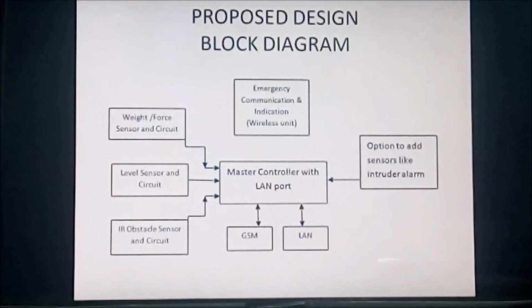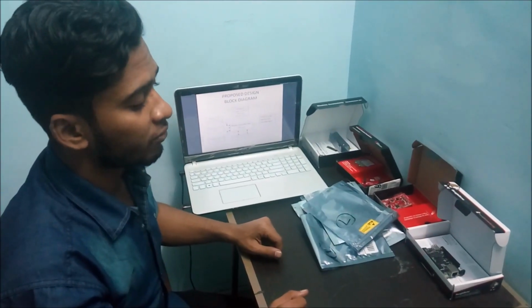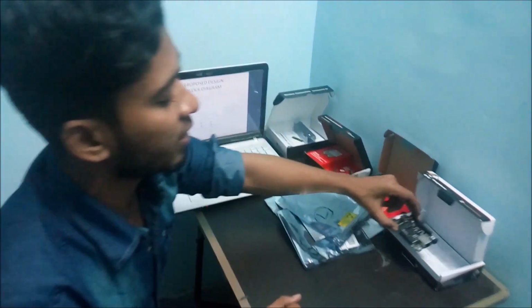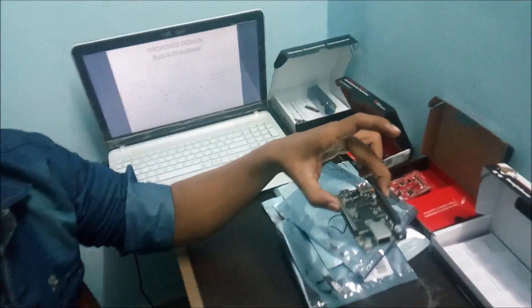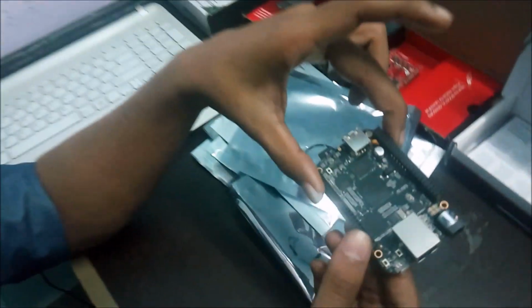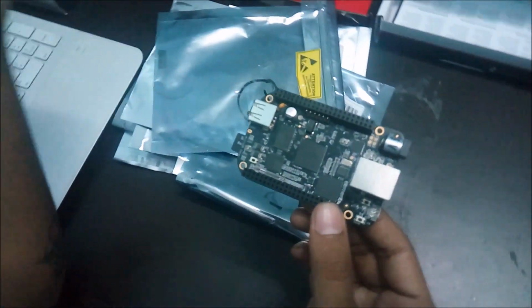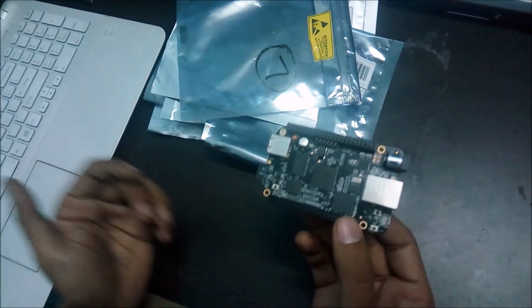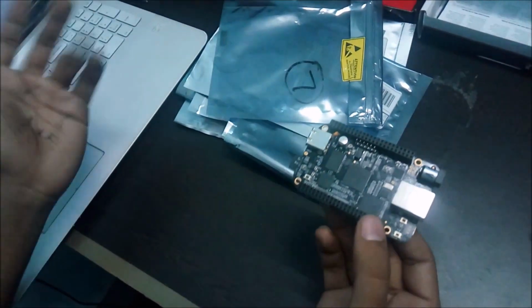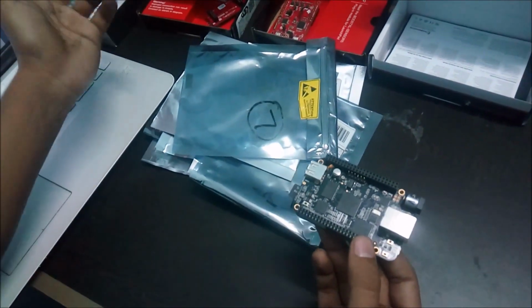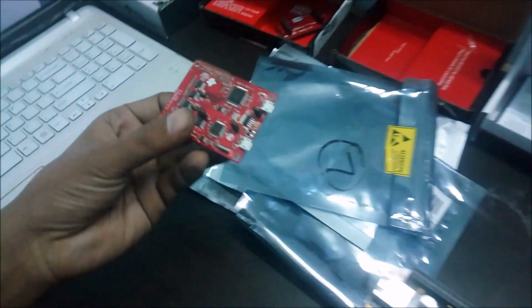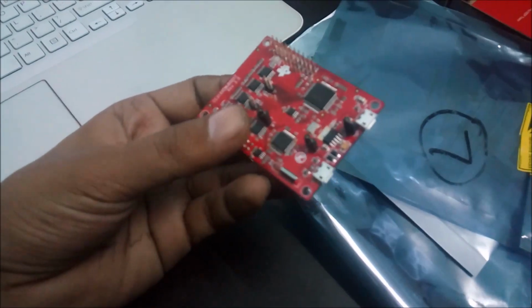With this master controller, we are going to use LAN connectivity, that will be wireless connectivity. According to our block diagram, what we have used is this one as a master controller. This one is also a development kit, which is actually a bigger board. This will use a launch pad, which we will be interfacing with this development kit, with various sensors which we have already talked about, like the weight sensor, pressure sensor, level sensor and obstacle sensor. These all come under this booster pack, which contains all the sensors integrated together in it.